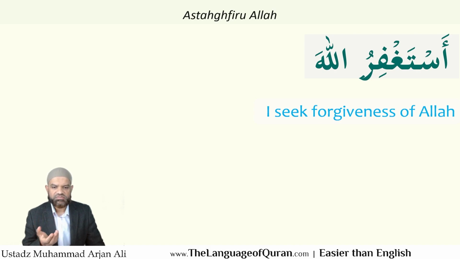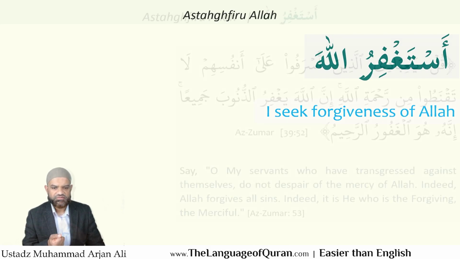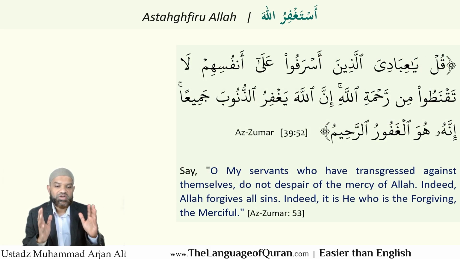Very important statement. It's something that we should recite often, and inshallah ta'ala, we're seeking Allah's forgiveness and His mercy, and Allah subhanahu wa ta'ala will always return our seeking with the gift of forgiveness from Himself. There are so many verses in the Quran that speak about forgiveness, mercy, the love of Allah subhanahu wa ta'ala. Here I'm only going to give you one example of an ayah from the Quran which shows the intensity of Allah's forgiveness and His mercy.